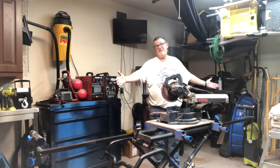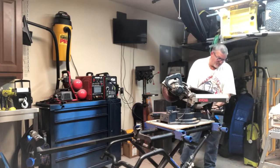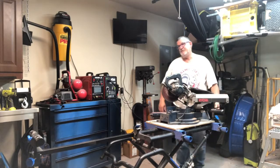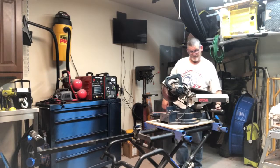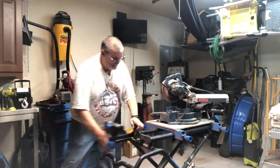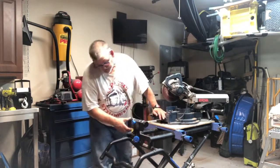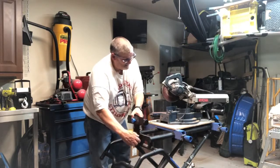Shoot, that's about 10, 12 feet. These rollers, well, they don't roll so much for rollers, but you can set up a jig with them. They move in and out, up and down. You can slide this, position it as a jig. It mounts flush with the top of the saw. You just have to loosen this up and adjust it. So it's a really nice